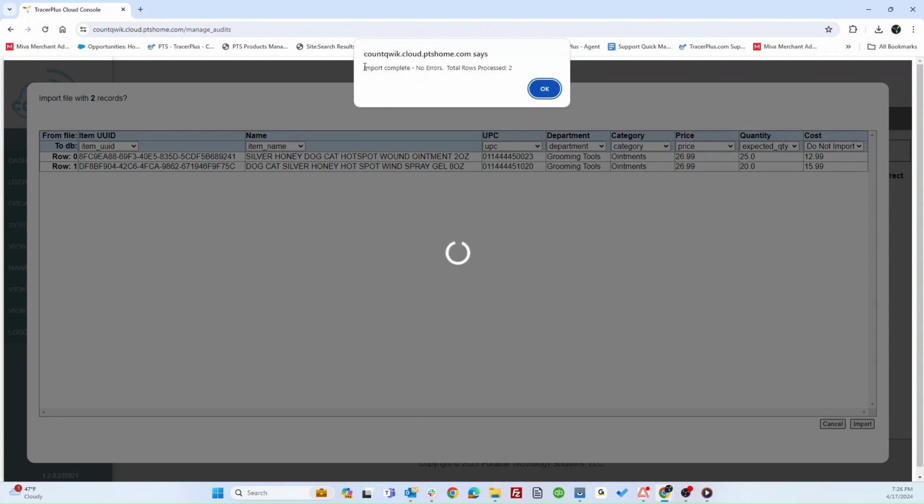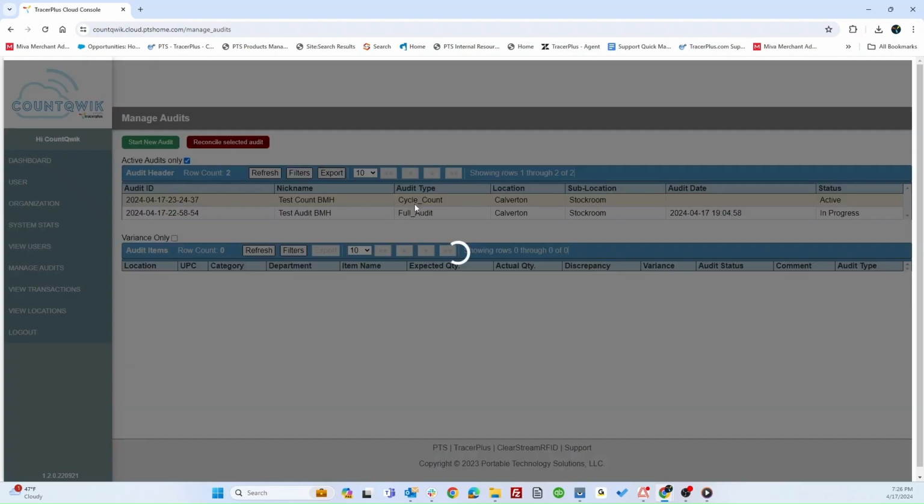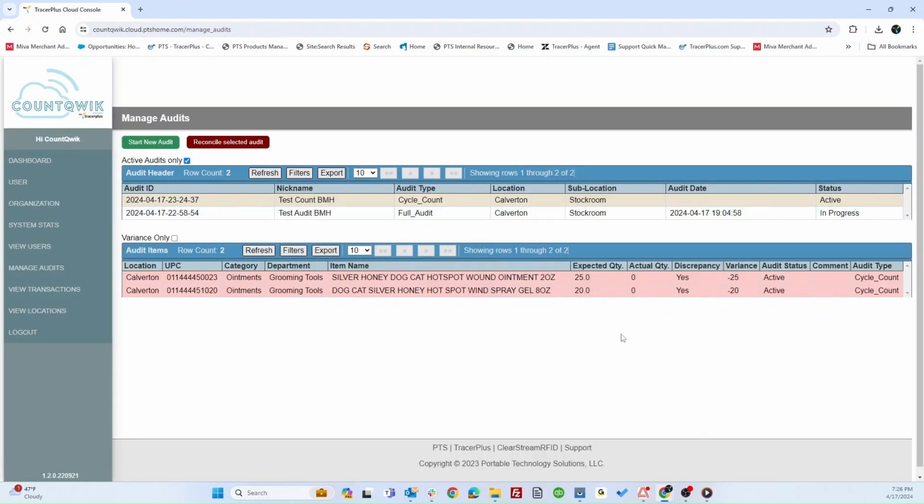As you can see, our import was complete and successful with no errors, and it processed both of the item rows over. So that's all finished. We wanted to make changes we could select and delete, but we will just move on from here and finish that. We can select our cycle count, and as you can see, it's pulled over both of the items and